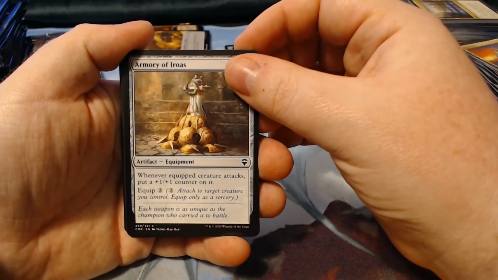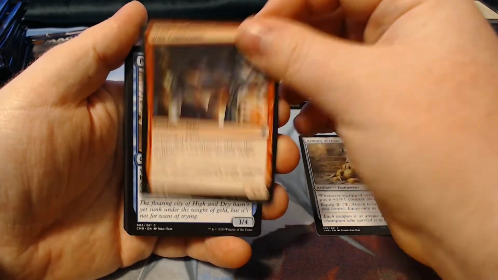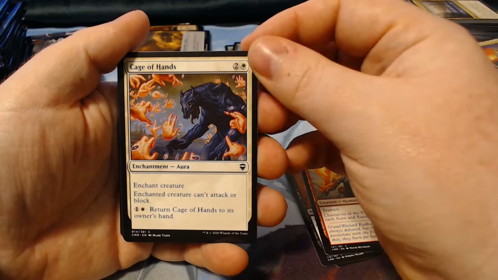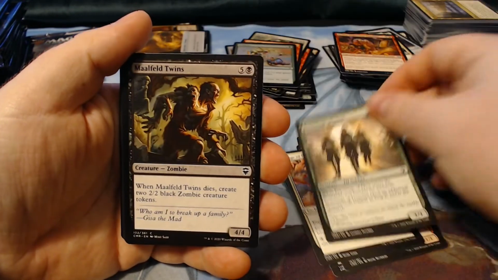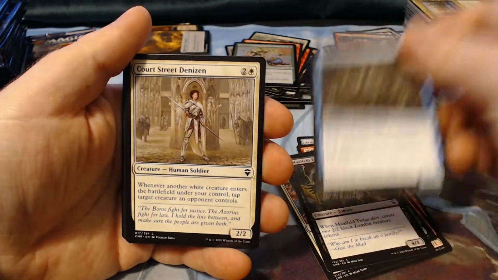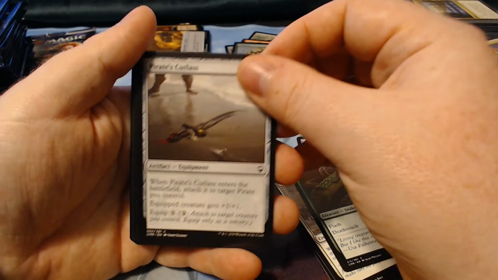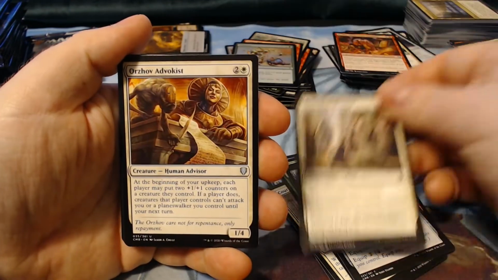Armory of Erios, Wild Celebrants, Prosperous Pirates, Blade Brand, Champion of Flame, Cage of Hands, from Kamigawa, Entourage of Tress, Malfeld Twins, Scab Goliath, Court Street Denizen. There's a lot of cards, like a lot of different ones. Ambush Viper, Pirates card list, a lot of different cards in this set. Benevolent Blessing. I know it's a commander set, but